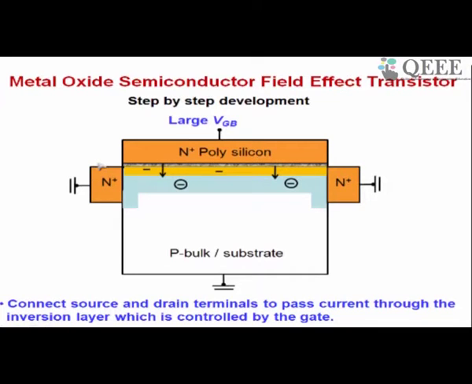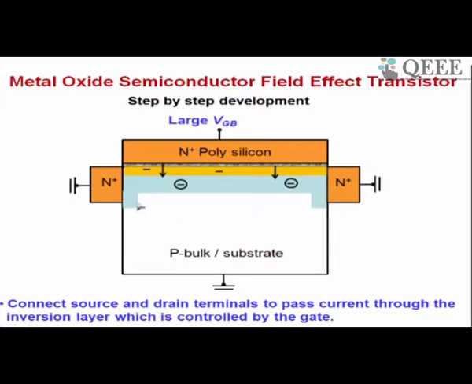That is why I have brought in two N plus regions, one on the left and the other on the right. This N plus region also has a large number of electrons. Therefore, there is no contact resistance between this region and the inversion layer. This happens here as well as at this other end. Right now I have shown the two regions to be grounded for simplicity.